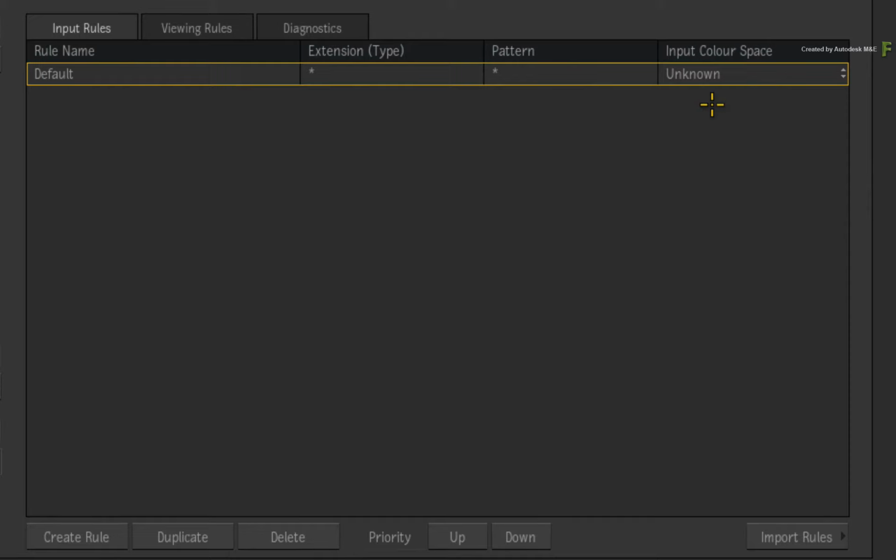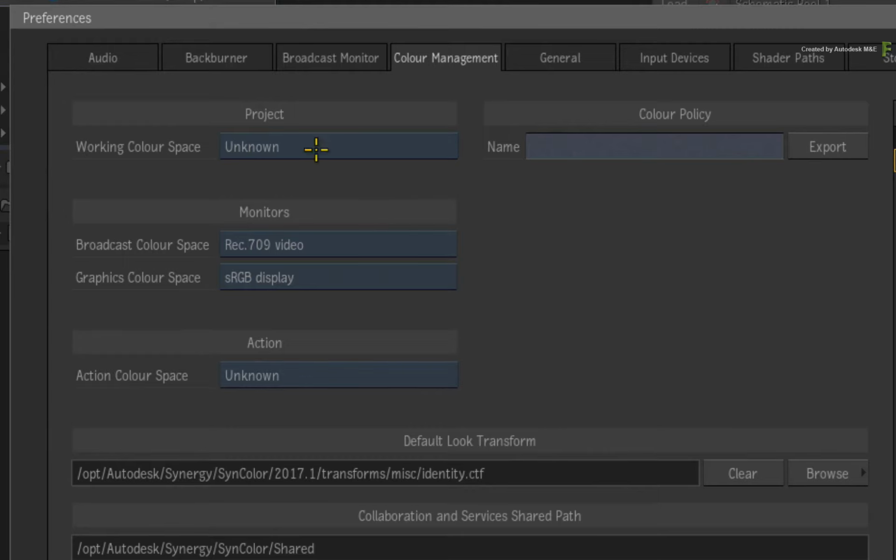If you decide to start tagging to use the new features at any point, you could do so manually and set the tag post-import. But for now, your media is essentially untagged. Also, the default working space for the project and action are also set to unknown so that any generated media will be consistent.